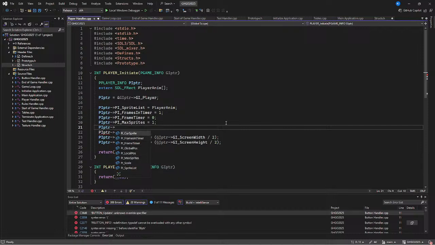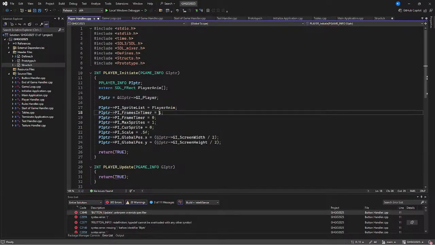Current sprite equals 0. Max sprite, frames and timer. Oops, that's not correct. I do like 8 before it does the switch. Scale, blah, blah, blah, blah. Okay, so we update